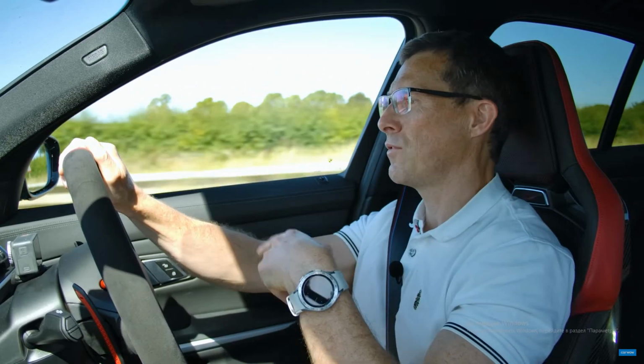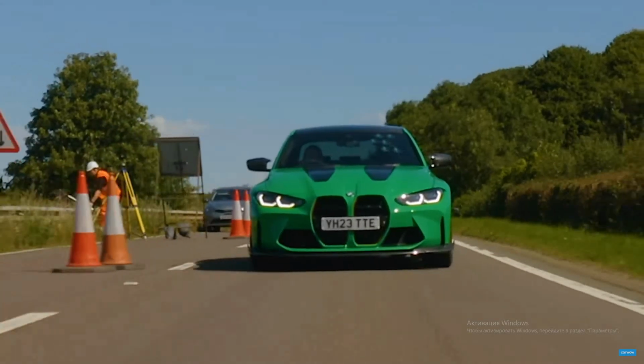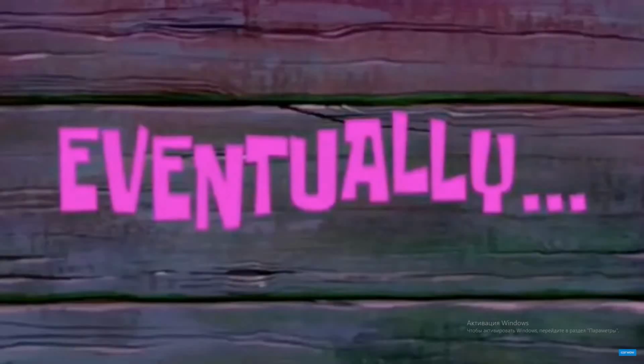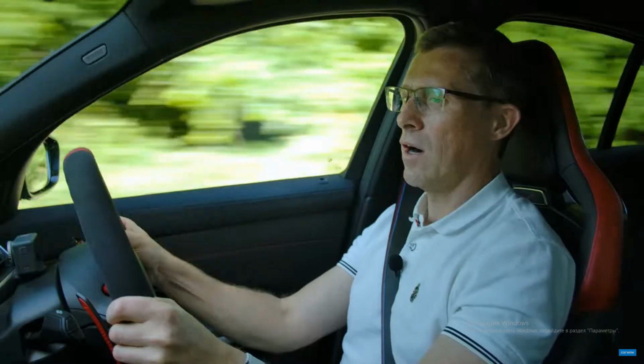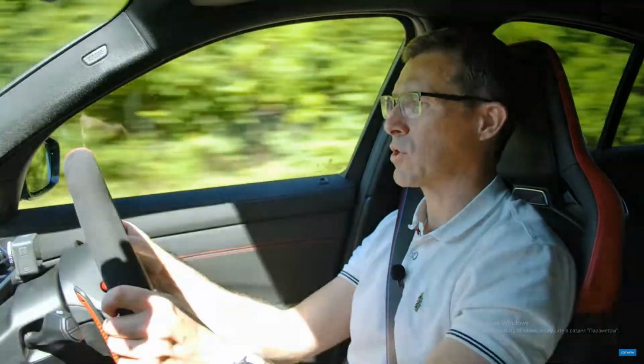So I'm just going to overtake the car in front. I'm doing 45, and where there's some space, I'm going to floor it and go past. I have to wait till we're past the cones, obviously. There's a lot of cones. Eventually. Here we go. Can I get past now? Floor it from about 50. Blimey. Even when the car is in a more relaxed setting, it can still turn into an absolute monster